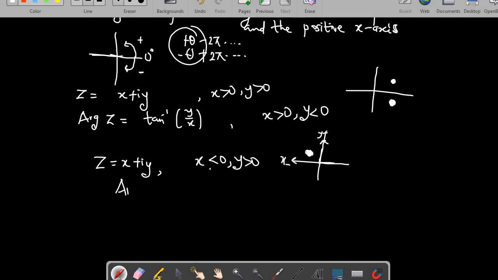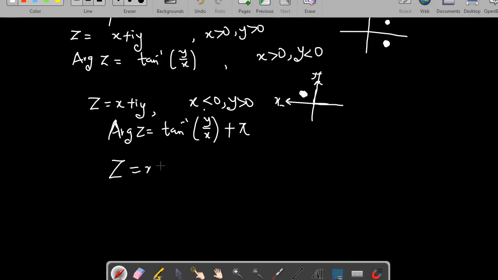Your argument will be equal to the arctan of y over x plus pi, pi being 180 degrees. Okay, pi being 180 degrees, this is in radians. All right, and finally, if you have a complex number